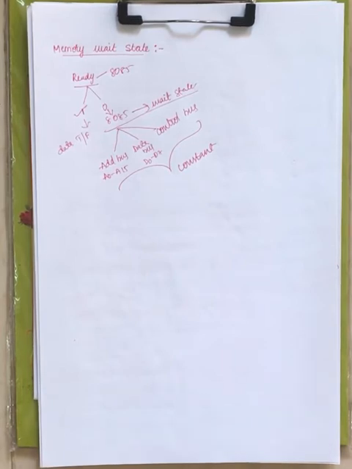Now when the microprocessor has entered the wait state, you have the address bus, data bus and control bus, and those are held in a constant position. That means they won't carry addresses, data or control signals like the read signal or write signal. This is the meaning of wait state. We have seen why a wait state is generated and how it is generated through the 8085.